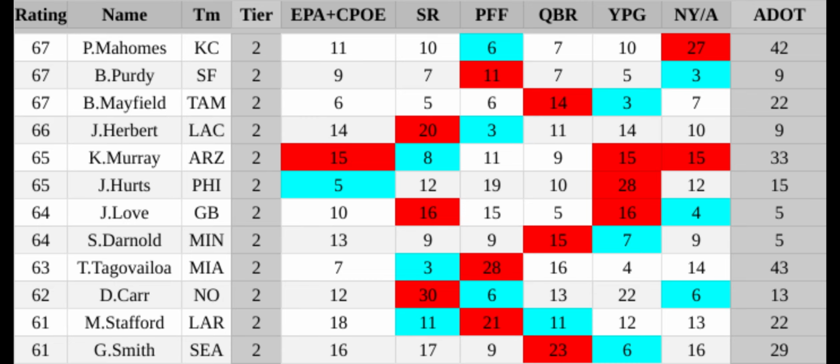Also being pretty good with deep ball throwing, even without Brandon Aiyuk, and really only having Jauan Jennings and George Kittle for much of the year. He was really good. And the offensive line was good, but it wasn't great, so it wasn't like he was being carried by them either.